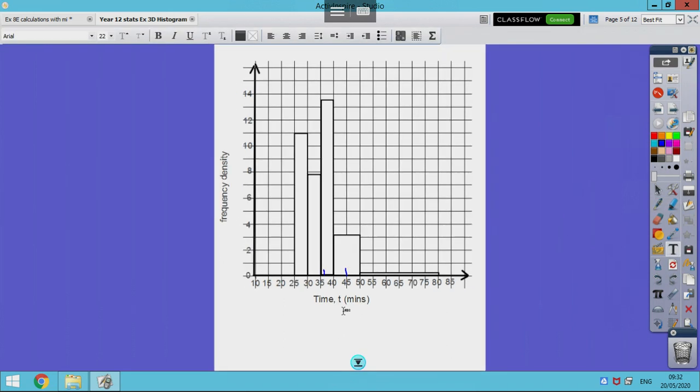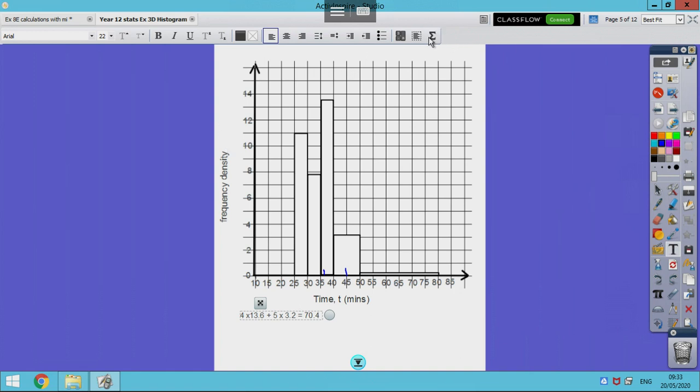Now, what is the width going to be from 36 up to 40? Well, it's going to be 4, isn't it? So we get 4 multiplied by the height of that, which was 13.6. And then we've got to add the area from 40 to 50, which is obviously 5, and then the height of that was 3.2, I believe. So once you work that out, you get 70.4 students, which obviously we can round to approximately